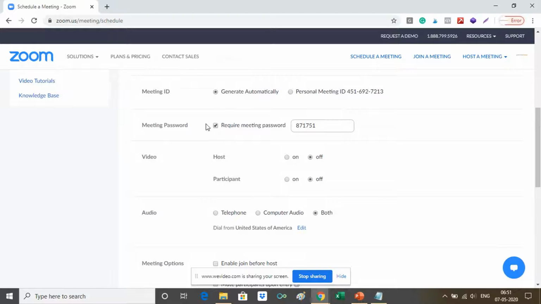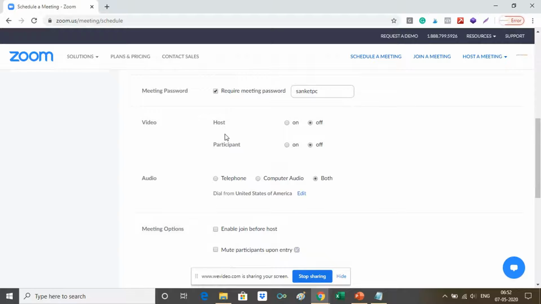This is checked because we have set up this in the default settings, that every time an attendee joins a meeting, the attendee has to join with a password. So this is the password. You can also put in your own password. I'll use PC.